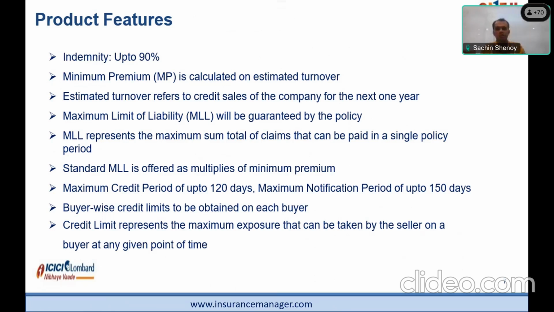And we charge, say, 10 lakhs premium for your 100 crores, covering your 100 crore sales, and a multiple of that, say 50 times of 10 lakhs, becomes your sum insured. So 5 crores is the sum insured of the program. Whatever invoices you issue during that 1 year are covered under the program, and if multiple buyers fail, the insurance company will keep on paying the claim till the time 5 crores is exhausted.